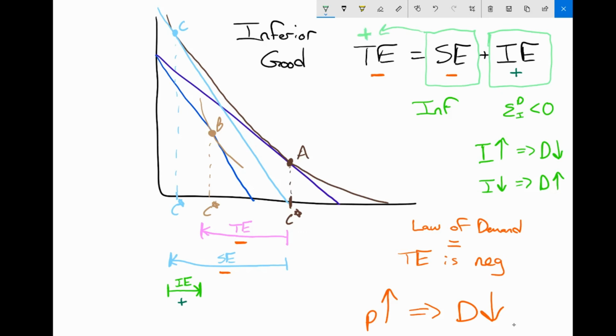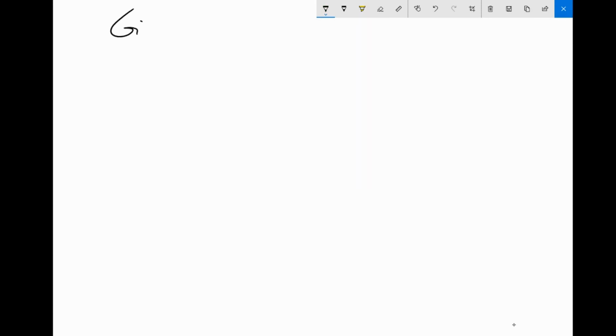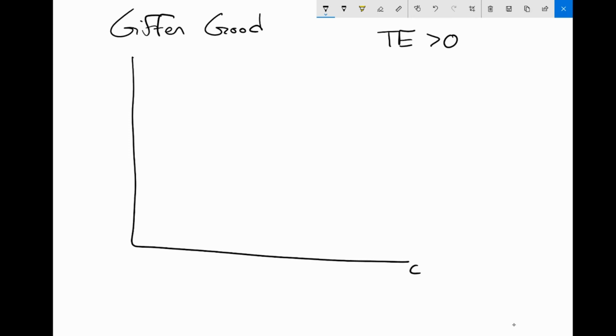That would be a situation in which the price of a good goes up and demand for that good then goes up. That would violate the law of demand. Okay, well, I'm going to show you what that looks like in theory right now. That's what we call a Giffen good. A Giffen good is a situation in which the total effect is positive. Let me illustrate what that would look like. It's a very interesting